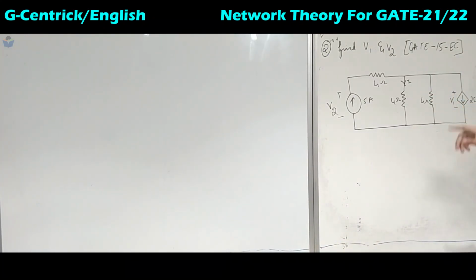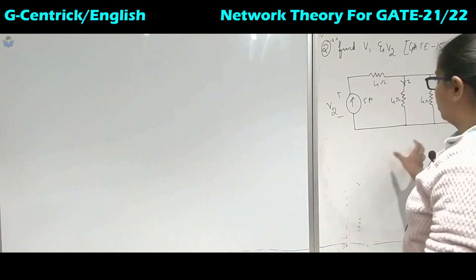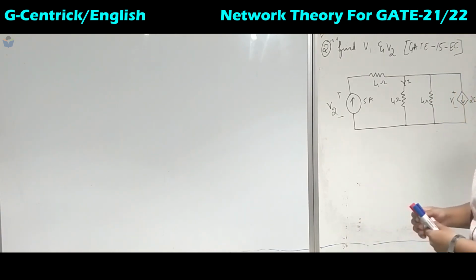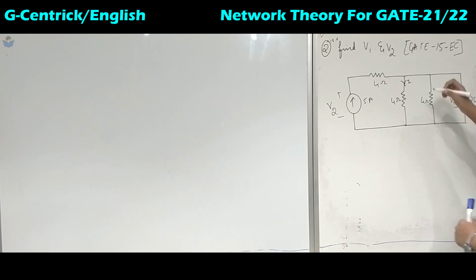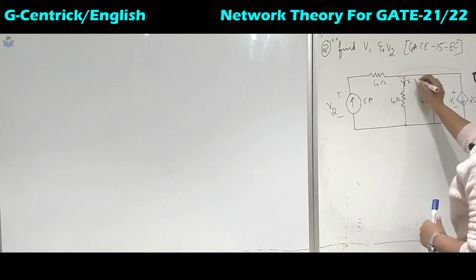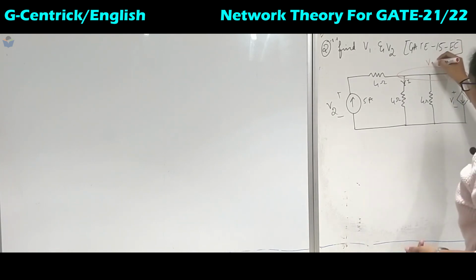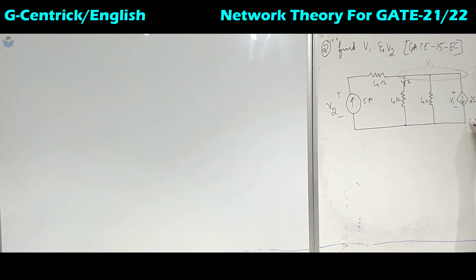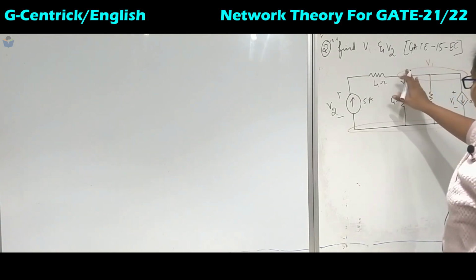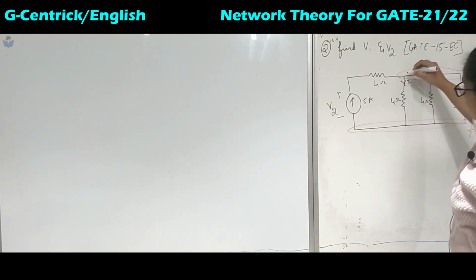Okay, so now we can apply the nodal analysis instead of applying the mesh analysis. So we will identify the nodes first. Here this has got the same potential. So we already have V1 denoted in the question itself. So we will mark this as V1, and this is our reference node, which is grounded. So now once we find the value of V1, then this potential is also same as V1.